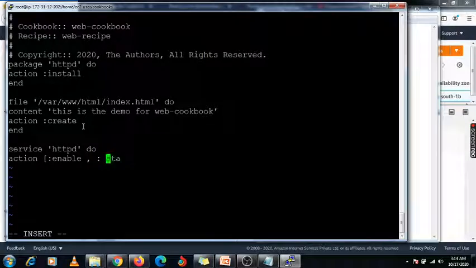There is no space in start. And you need to close this bracket, right? Now we can see whether it is working or not. You need to end it again.